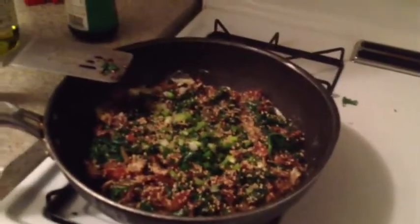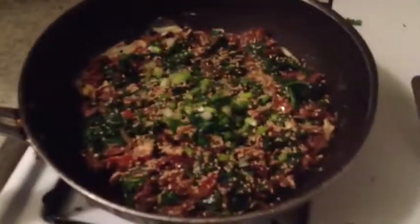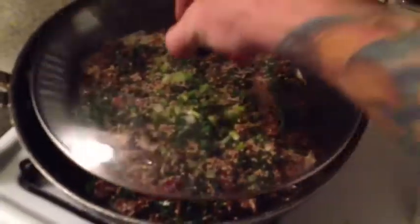Cool. Topped there. Last thing I like to put on these is roasted sesame seeds. And I am generous. I just really love the flavor that they bring. Alright, so that's that. I have not added any salt or soy sauce other than what you've seen. So, what I'm going to do is cover this now. It's on low. And we'll probably leave it on there for about...